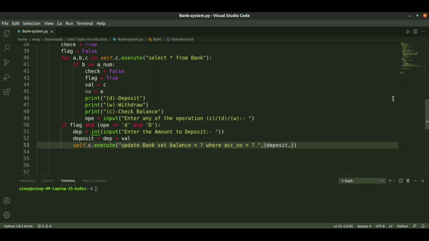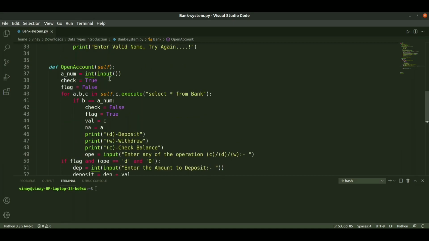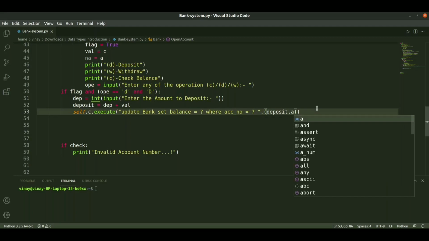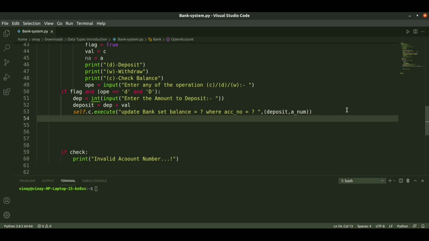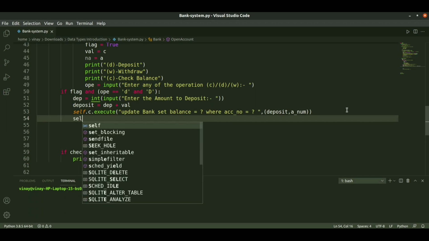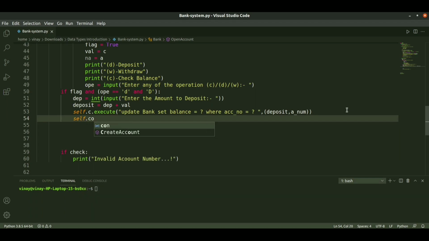The account number here is a_num. So by this account number the balance will get deposited and updated in the table. So this is how our deposit update is done, and we will commit the changes, self dot connection dot commit. So now the changes are committed.